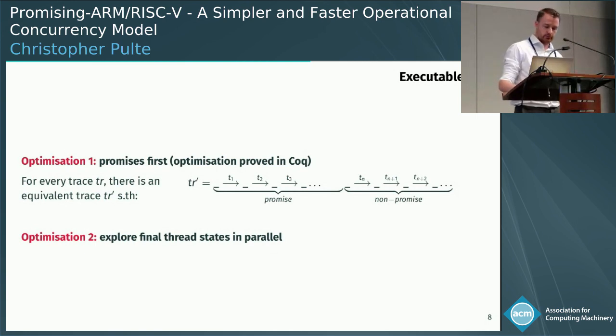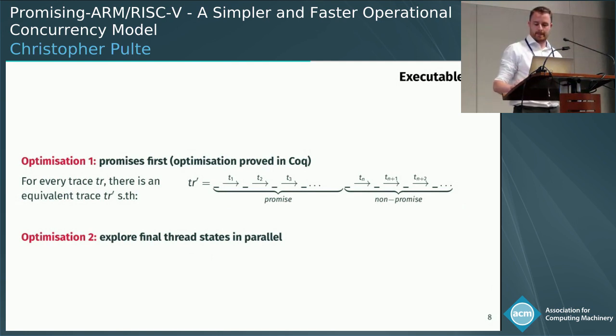Right, and so to make this exhaustive computation fast enough to handle some interesting examples, we're using two main optimizations. The first one is an interesting property of the model that we proved in Coq: if you have a given execution, there's an equivalent execution that does all the promises of that trace first. So if you have a trace tr, then there's an equivalent trace tr prime, which has this shape. It starts with a sequence of only promise transitions, followed by a sequence of only non-promise transitions. And that means if we constrain this exhaustive mode to only search for paths of this shape, this cuts down